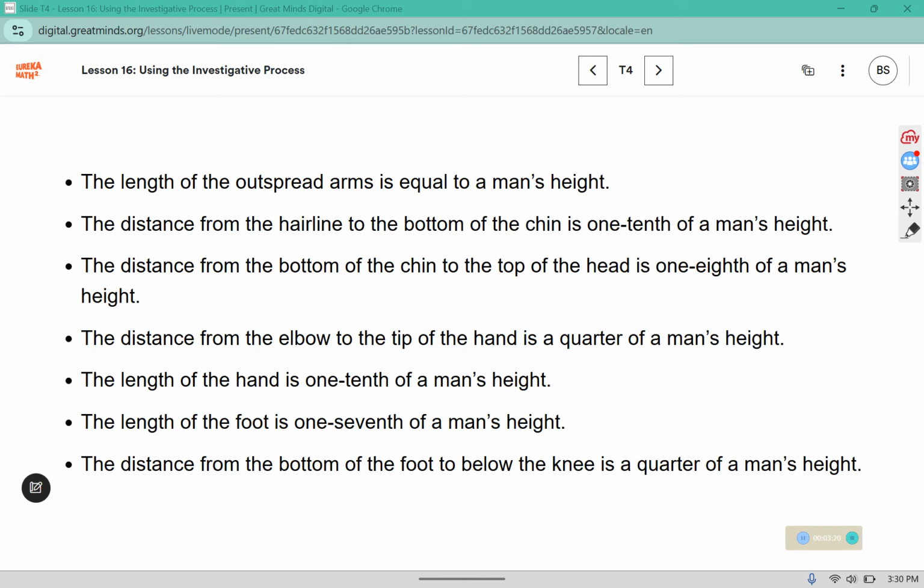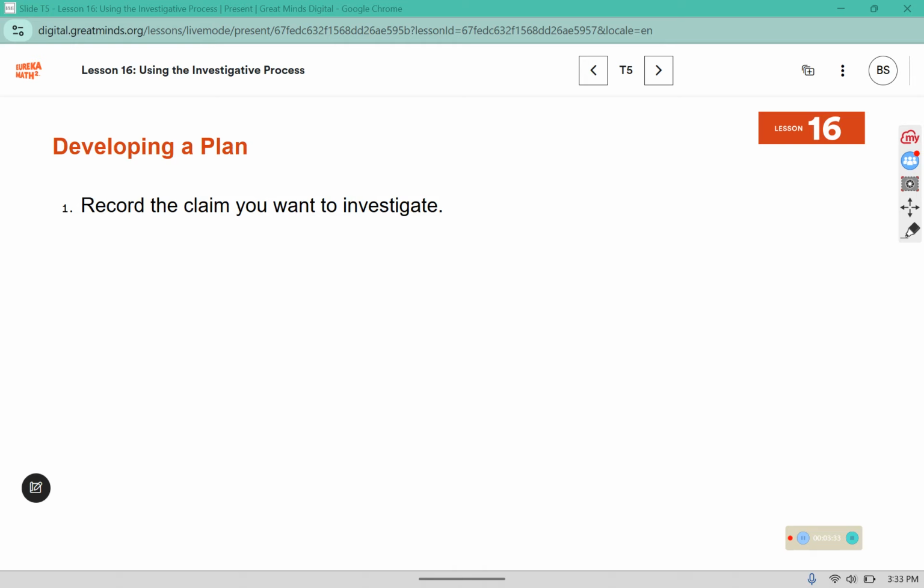The length of the hand is 1/10 of a man's height. The length of the foot is 1/7 of the man's height. And the distance from the bottom of the foot to just below the knee is 1/4 of the man's height. Record a claim you want to investigate. Let's investigate the claim that the distance